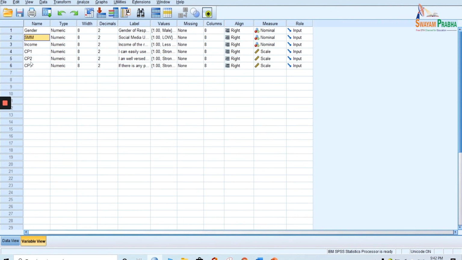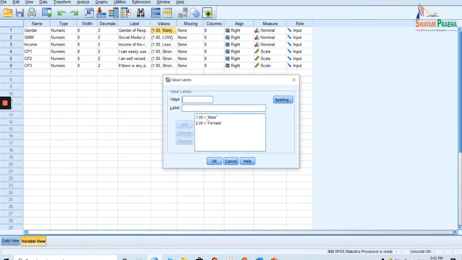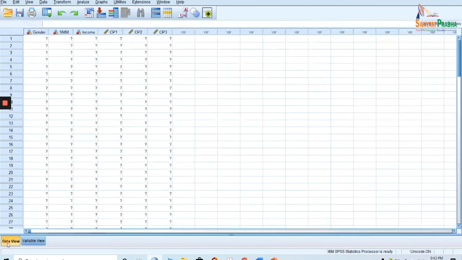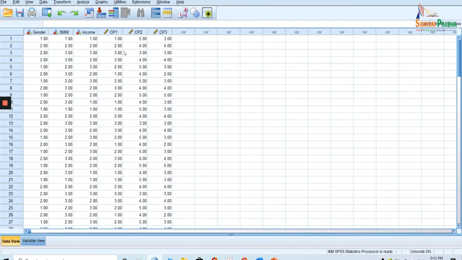Forget about the rest of the variables. We will use them in the rest of the tests. Just focus on the first two variables. You can clearly see that in my data input, these two variables are categorical. Gender is male and female, and similarly I have classified social media usage into three categories called low, moderate, and high. Now my ultimate purpose is to test the hypothesis that we framed, that is, is there any association between social media usage and gender. So I want to test the hypothesis on these two variables.